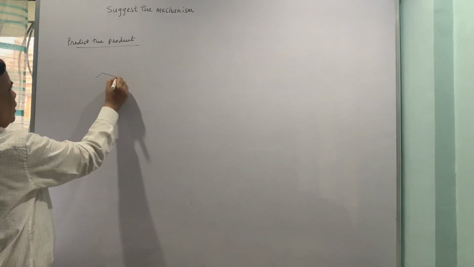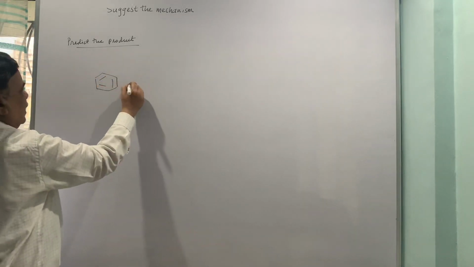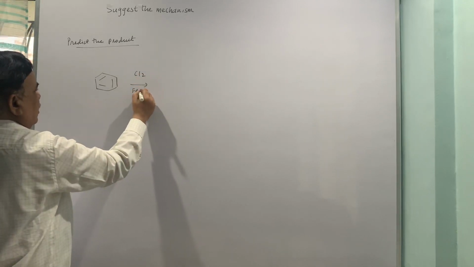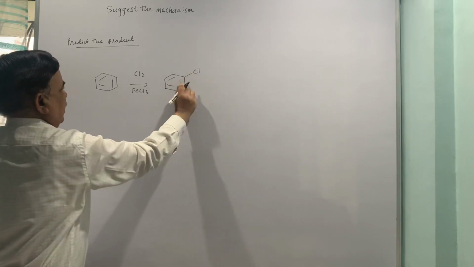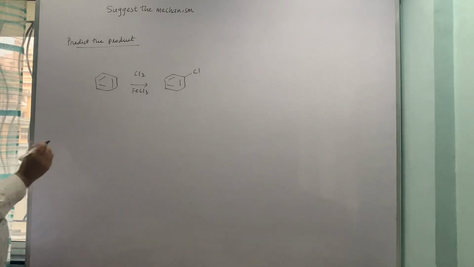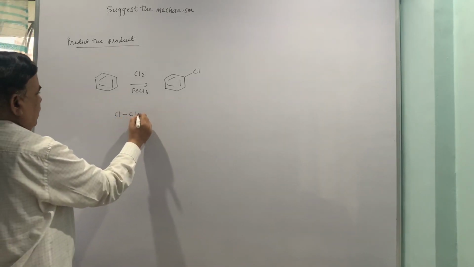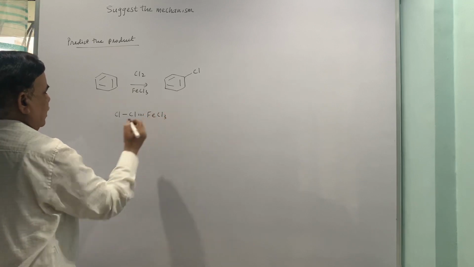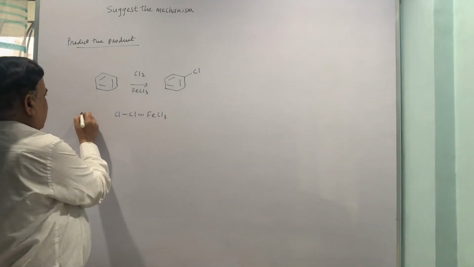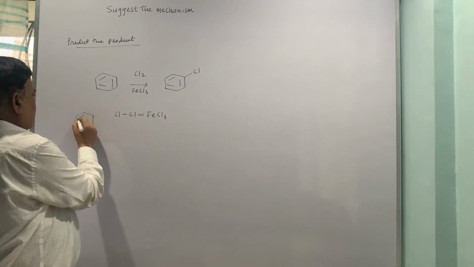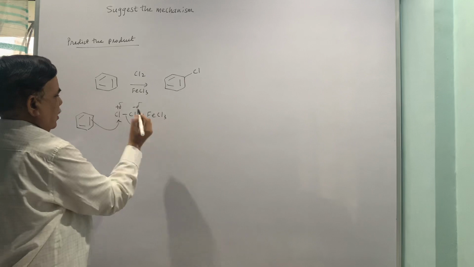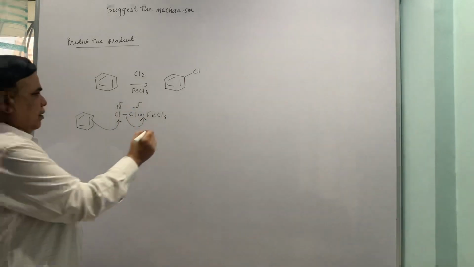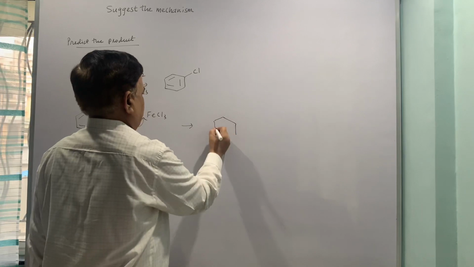So the first example in this category is a chlorination reaction, wherein we are making chlorobenzene starting with benzene, and the first step, as we have already said earlier, is the interaction of FeCl3 with the chlorine molecule, and then in the later stage the benzene interacts because there is a dipole, and the FeCl bond becomes a normal bond. You get the arenium ion intermediate.